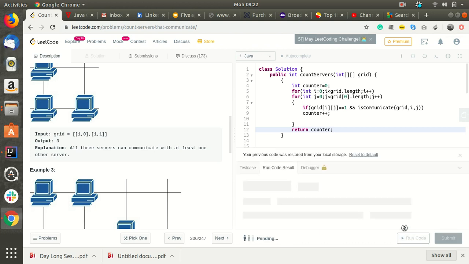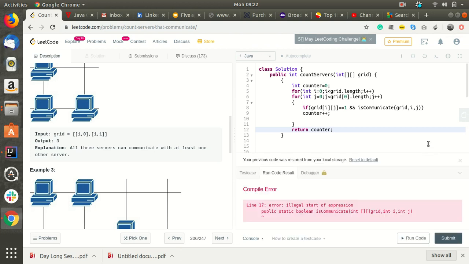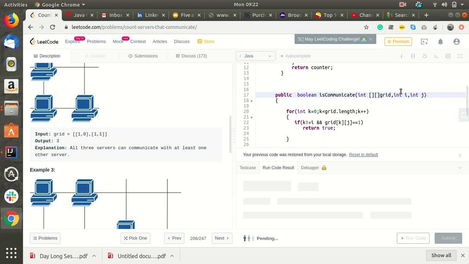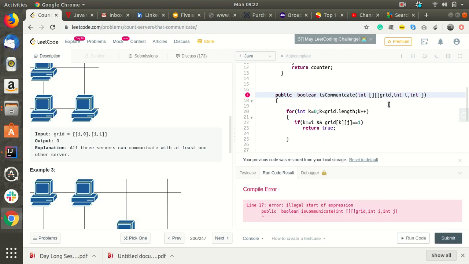Let's run it. What happened? Public static boolean, what's the problem?